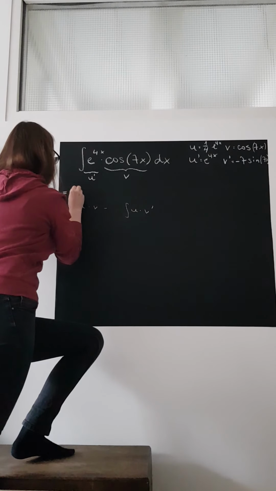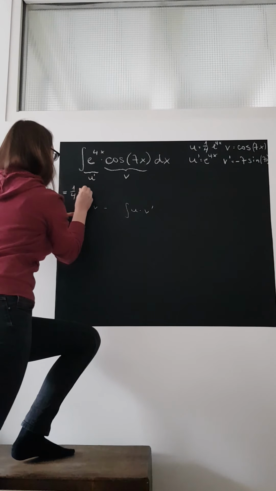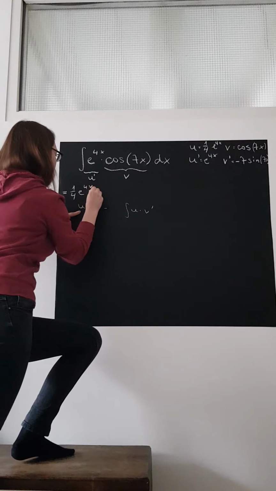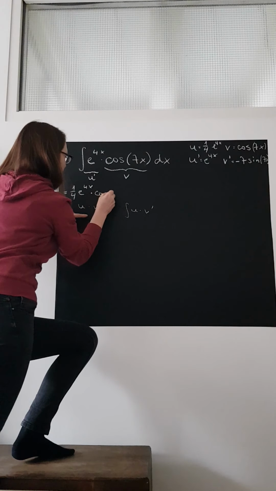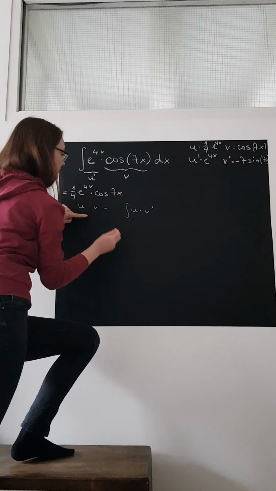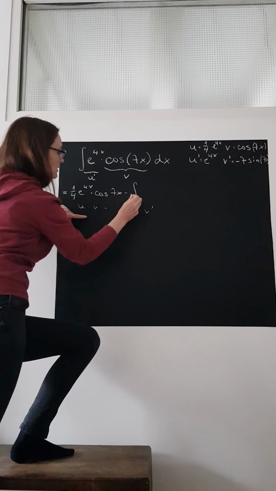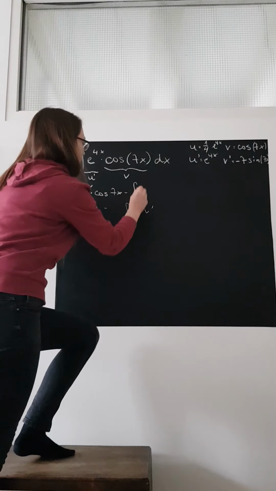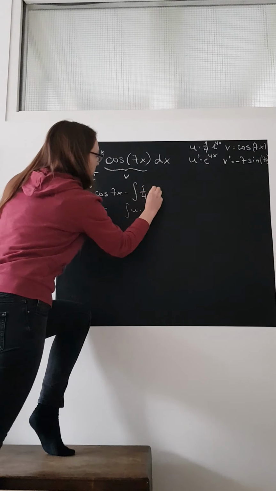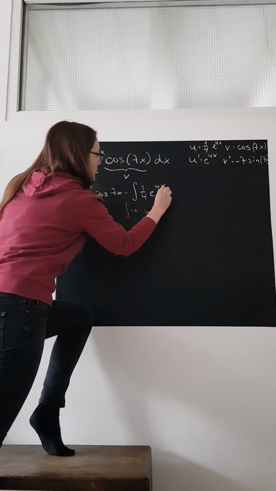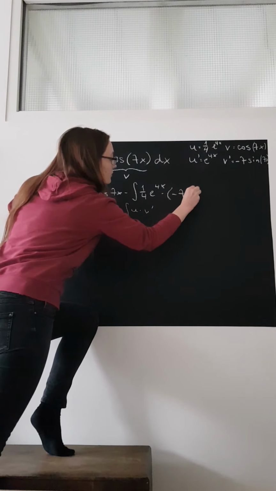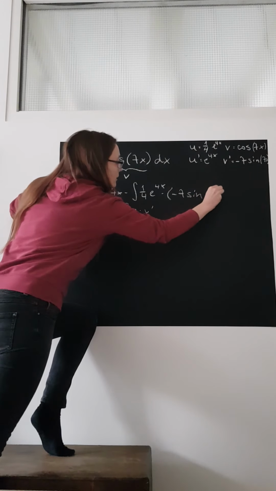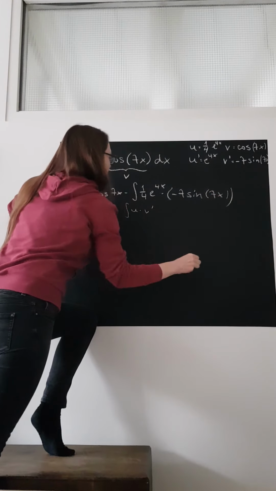So that is a quarter e to the power of 4x times v, which is cosine 7x, minus the integral of u, a quarter e to the power of 4x, times minus 7 sine of 7x